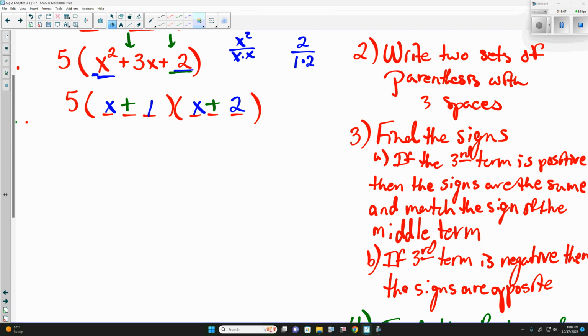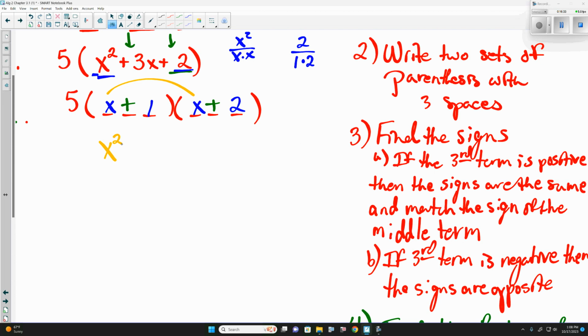Step number 5 is to check. And the main way we check is by multiplying this back out. Now, there's 2 multiplications that I don't think are highly necessary, and I'm going to do them in a different color. Because if we did this out the mathematical way, the first thing we would do is x times x, which is